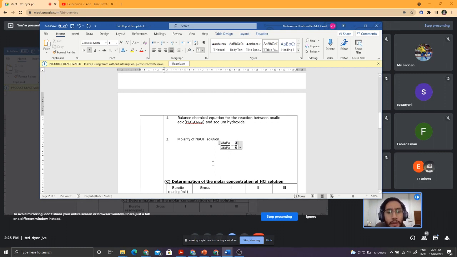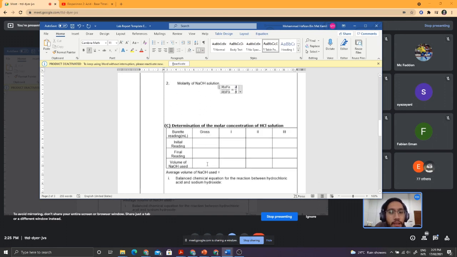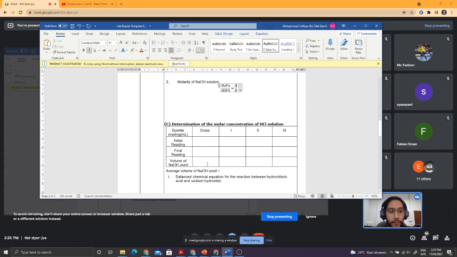Okay, so when you dah tahu the molarity of NaOH, that's the part C where you akan buat the titration again, tapi instead of using oxalic acid kat bawah, you use NaOH kat bawah and you titrate HCl. Okay, and the data for HCl, the initial reading is sama 0.00, the gross is 1.00, and it is 2.40,